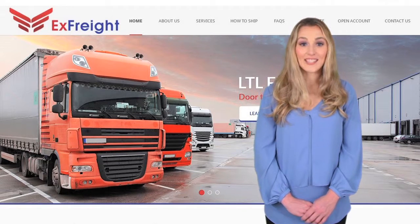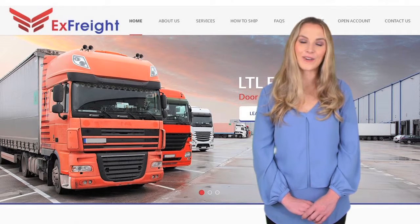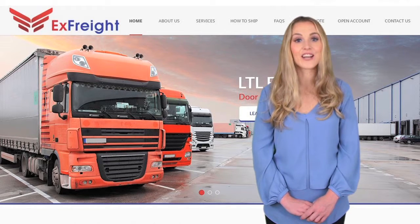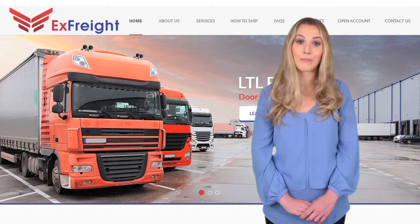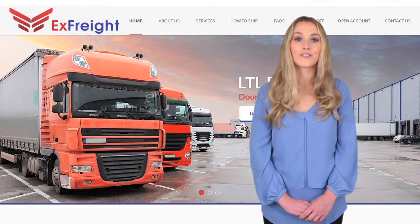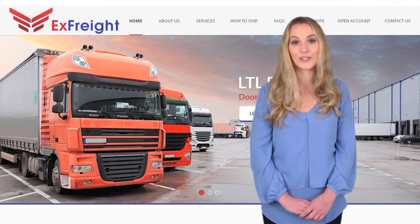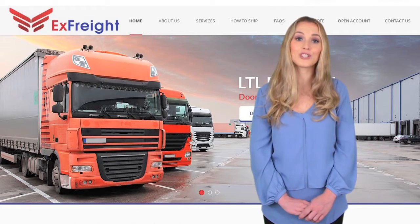One of the final steps of shipping is to pack your freight for transport. This can get tricky because different carriers have specific requirements based on the mode of transport. Exfreight is the expert in freight transport via trucking, air, and ocean, and can help you to ensure your freight